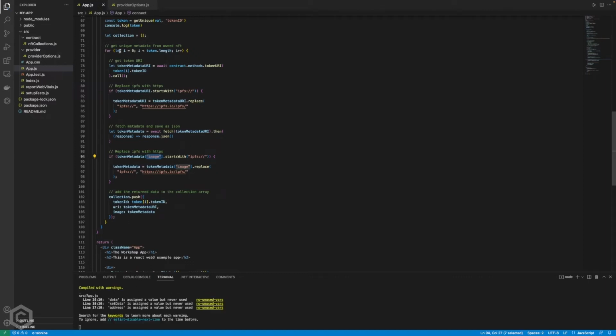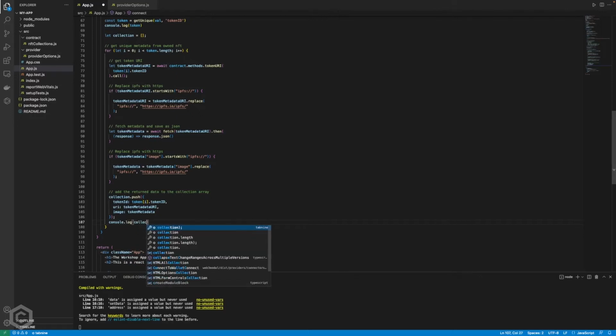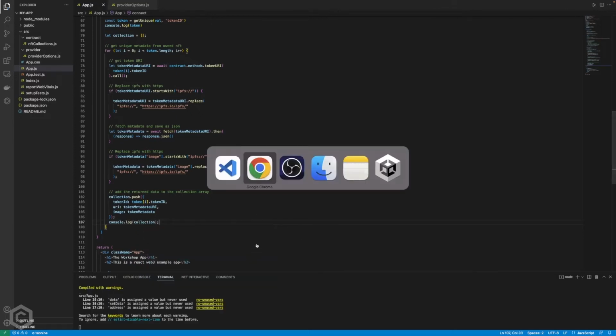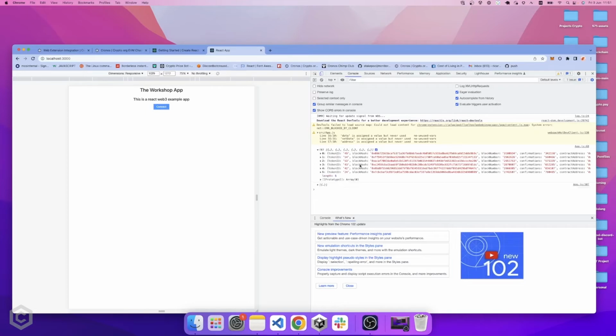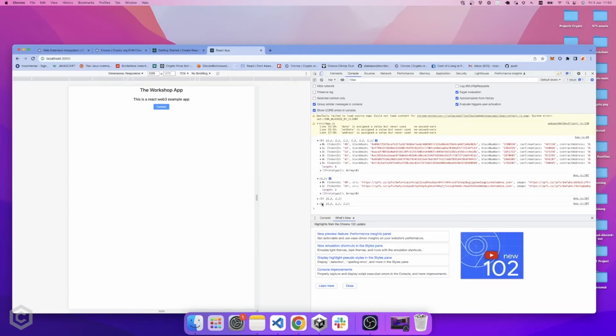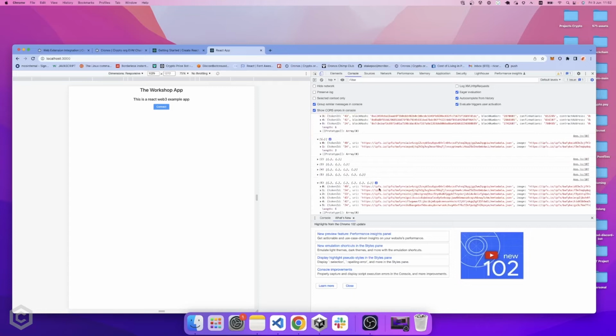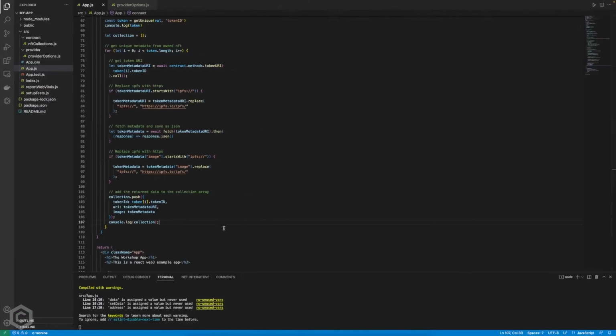And what will be returned is actually, so if I log the collection, we should see the specific metadata for, yeah, here we go, the tokens that I own. And that's the image. So now that this worked, what we want to do is